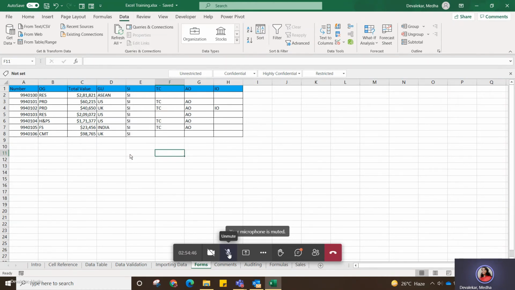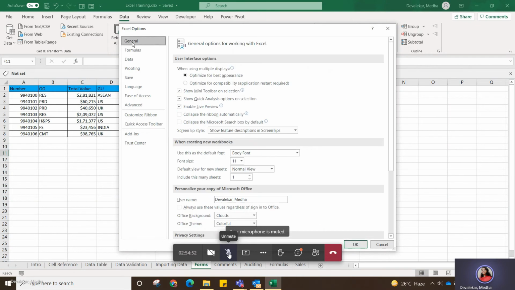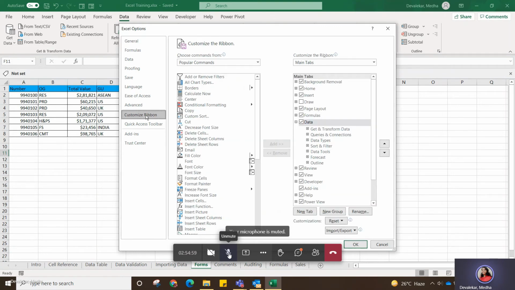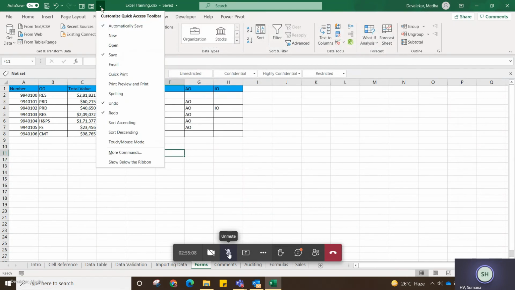Once you click on more commands, it will give you these options. Ma'am, for me the more commands option is not showing, it's not active. Why? Click on this more commands. No, I don't have that.